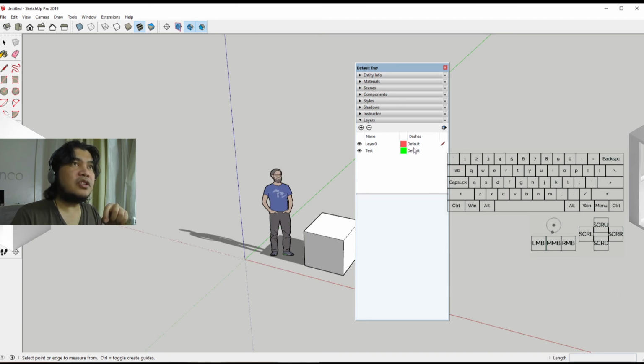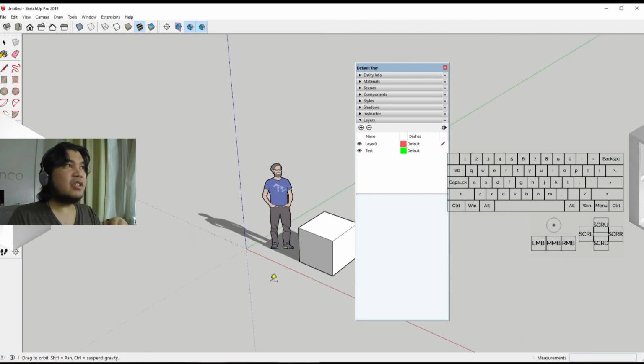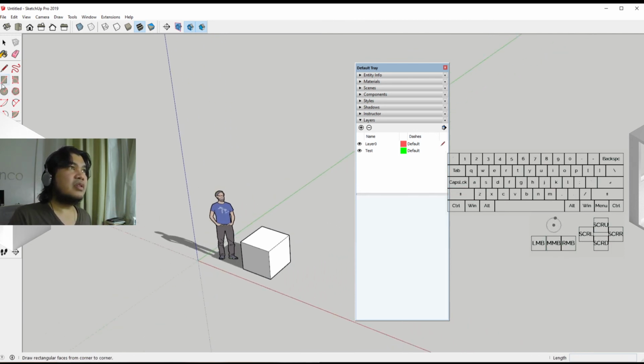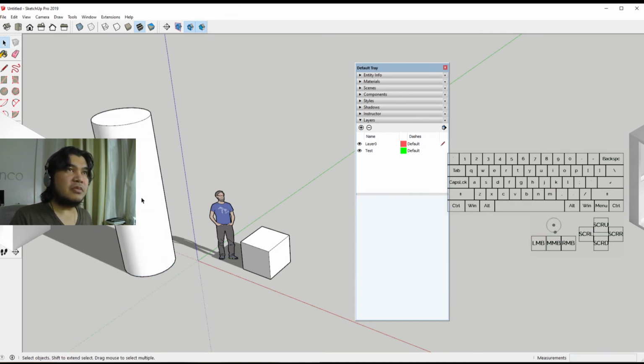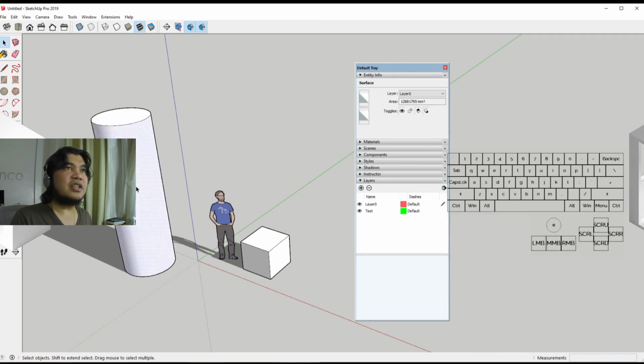Right. So we have test in green and layer 0 in red, which is current because that's where the pencil is. That means anything you draw, like let's create a cylinder right next to the man. So when we draw that, it's by default in layer 0. We can check that in the entity info when we select it. Yep, everything here is layer 0. Now if we move it to test, we can do that like this,